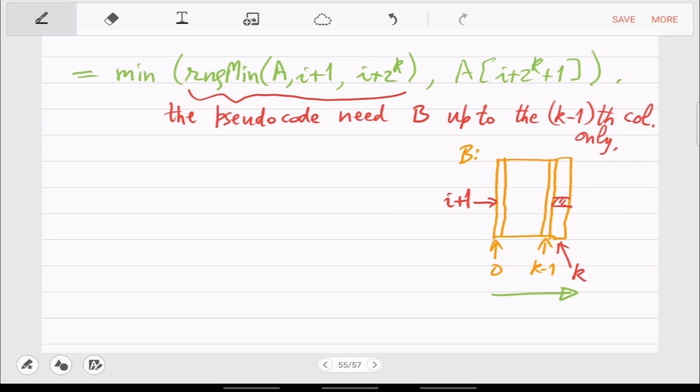So which means that this step has complexity how much?